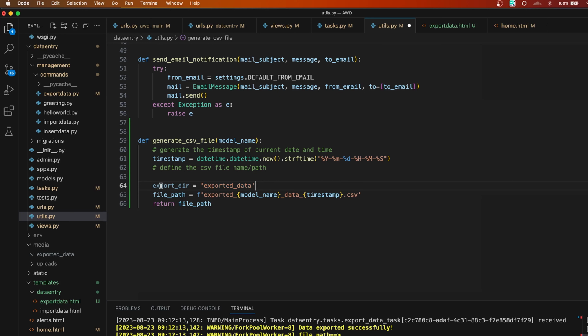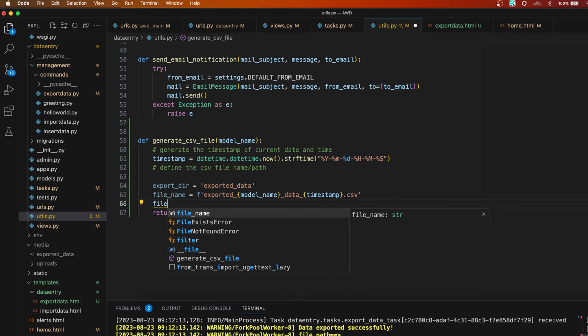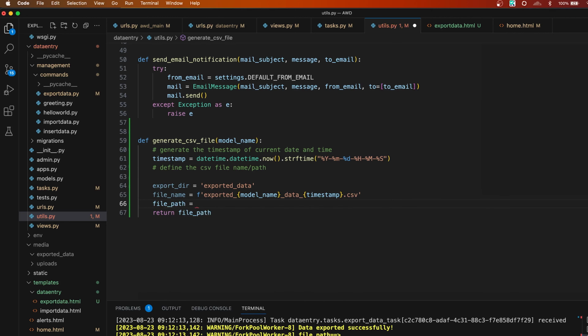So this is where we want to store the exported data. Now this is actually not the file path, this is the file name. File name will be this one, and the actual file path will be